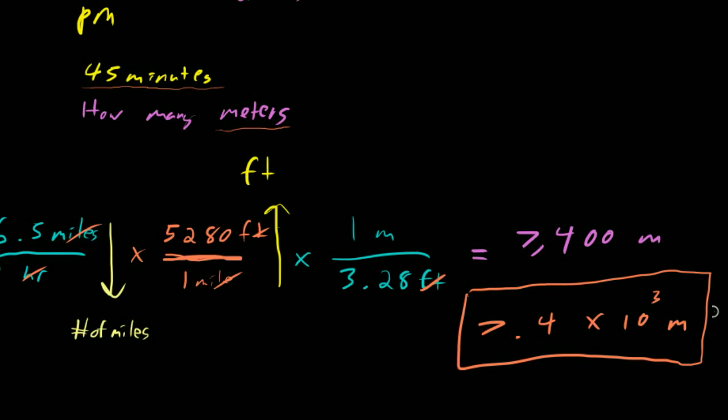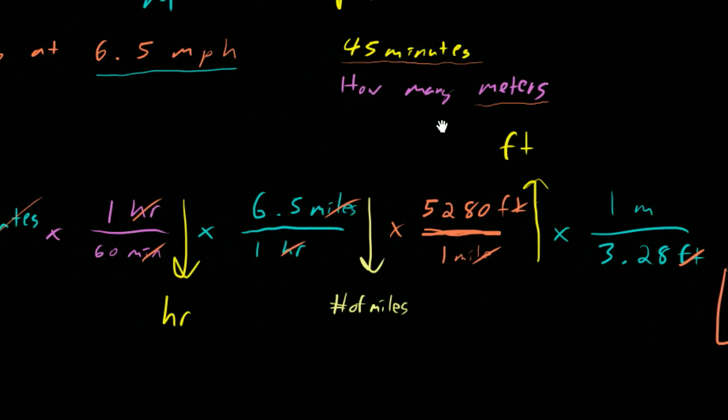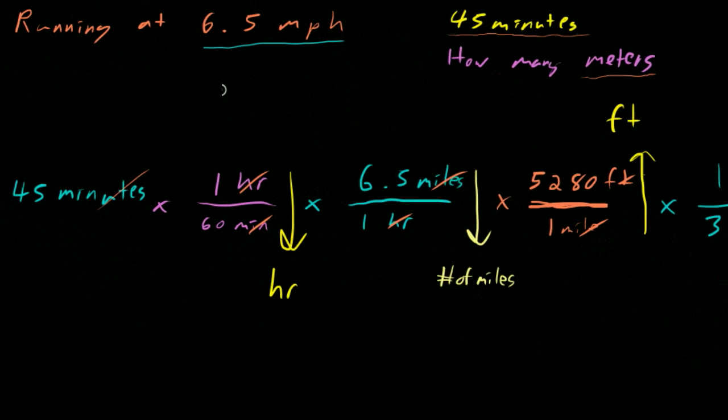Hi and welcome back. So in the past video we were working through this problem using dimensional analysis where I said that my cousin Allison went out running and she ran at 6.5 miles per hour for 45 minutes and we were trying to figure out how many meters she would have gone. And we did it using dimensional analysis, and in the last video we said that we were going to start with information we knew and then eventually, at the end of the problem, convert that to